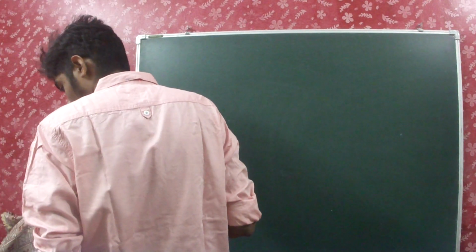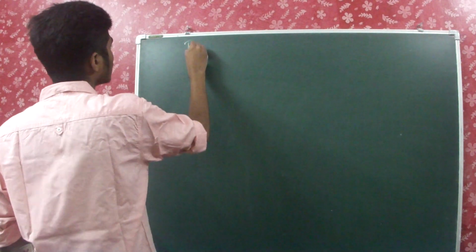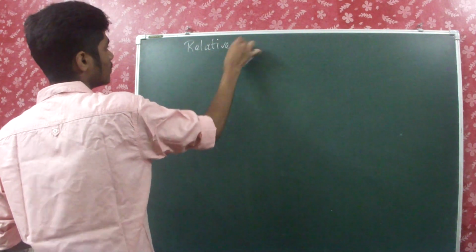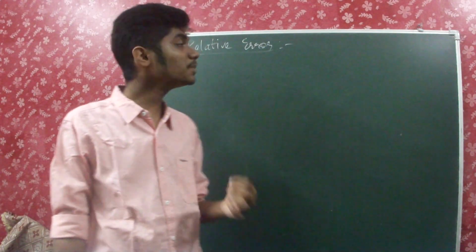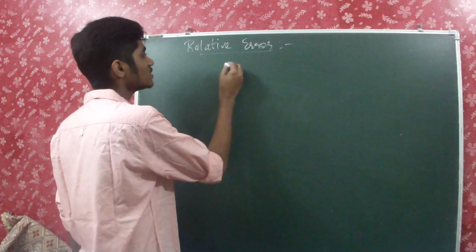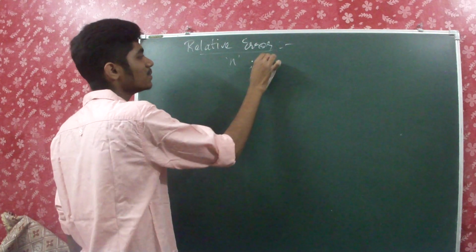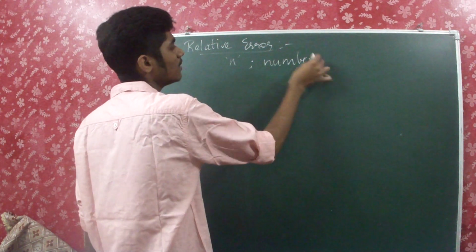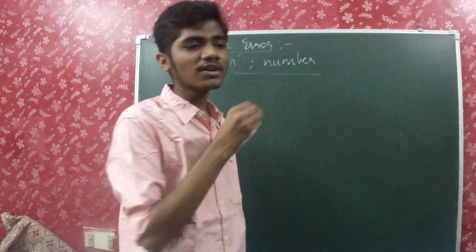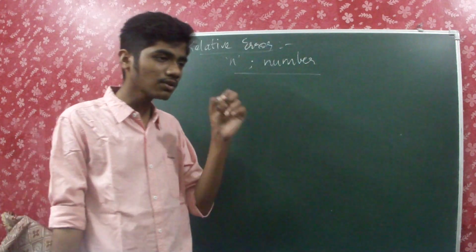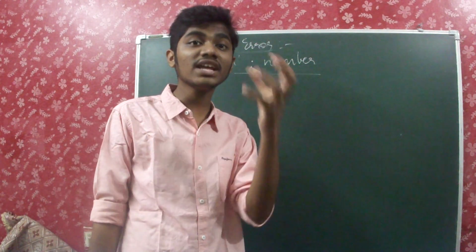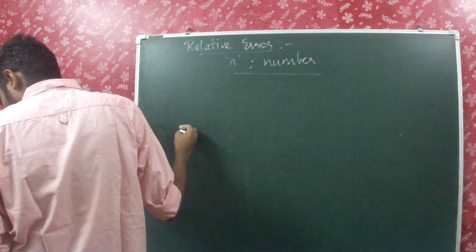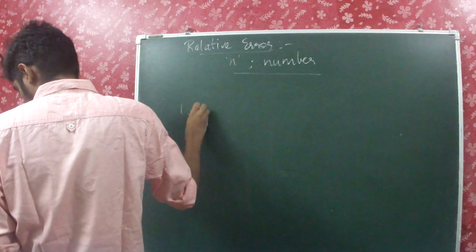And then what's the third rule? So the relative error. We have already learned about this relative error, that is delta Z by Z is equal to, that is relative error, and if multiplied by 100%, it's percentage error. So relative error does not only depend upon the number of significant figures, but it also depends upon the number. What do they mean by this line? Whenever you find the relative error for a particular quantity, it does not only depend upon the number of significant figures in the quantity, but will also depend upon the nature of the number. For example, let us take two numbers like 1.02 and 9.89.